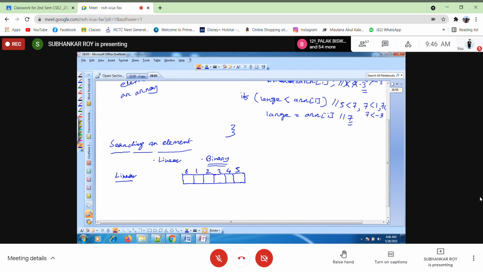We have 6 elements, so let the elements be 8, 12, 16, 23, 38, 56. Although you can take any element here. Let these be the elements in the array named ARR.